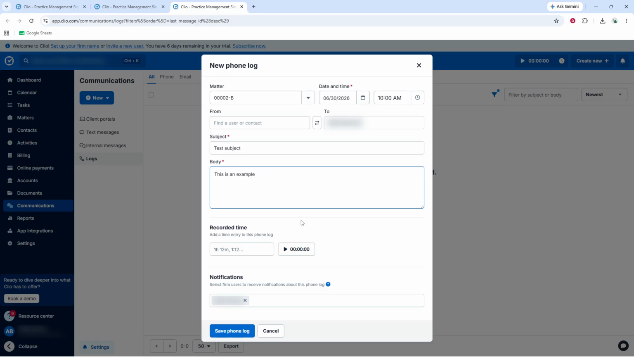If needed, you can also enter the recorded time for the call or use the timer feature. This is useful if you track time spent on communications. You can also choose which users should receive notifications, which helps keep the right team members informed without needing a